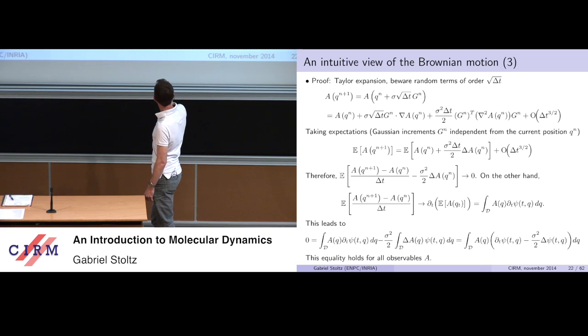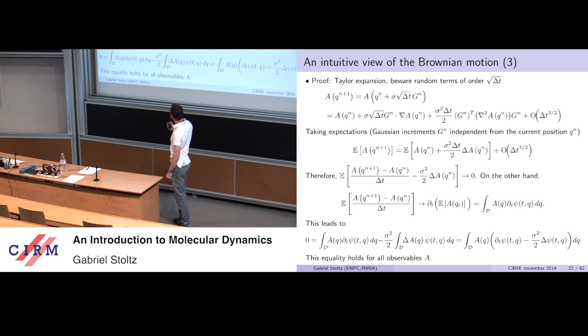The remainders are fractional, right? That's one thing. And the not very nice thing is that here the leading order term is of order square root of delta t because of the Brownian part. And that's why you take an expectation and this term disappears, and so you end up with that. That's the kind of miracle which happens when you take expectations, like in Antoine's talk yesterday. That's why it's nice to take expectations.